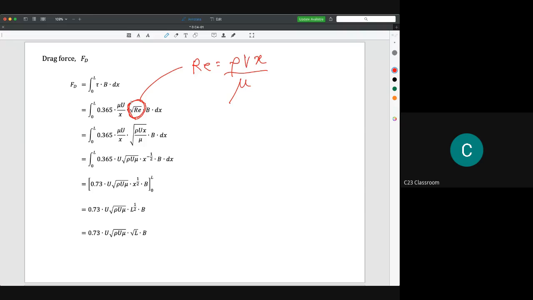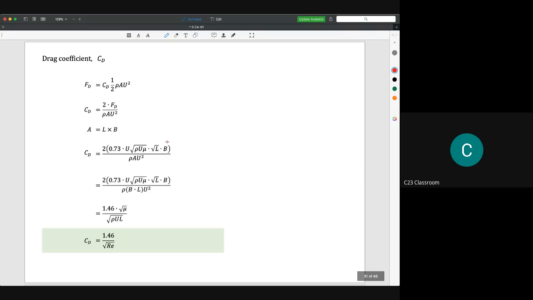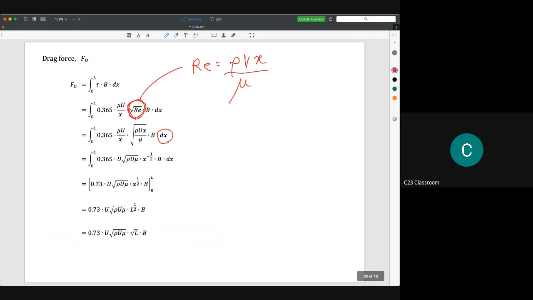Now you can integrate this term with dx, and finally you will get the drag force equal to 0.73 u square root of rho u mu L and B. This is the total drag force that occurs on that plate